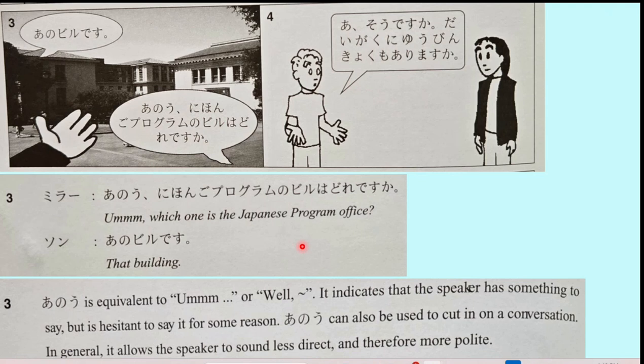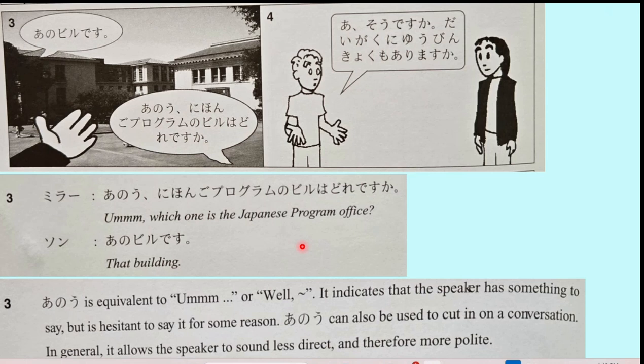So why is Miller-san saying ano? Because he thinks that probably he is asking question after question. So maybe Son-san will get tired of his questions. She already said that it is next to the Japanese program office, and even after that Miller-san is asking now which one is the Japanese program office. So he's kind of